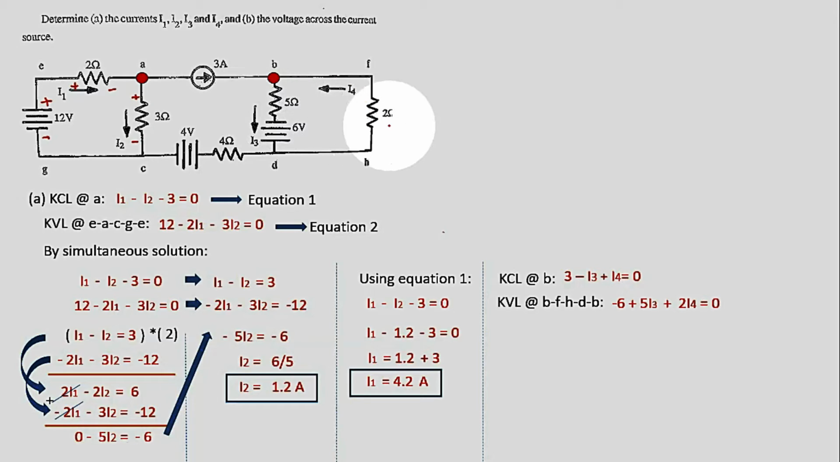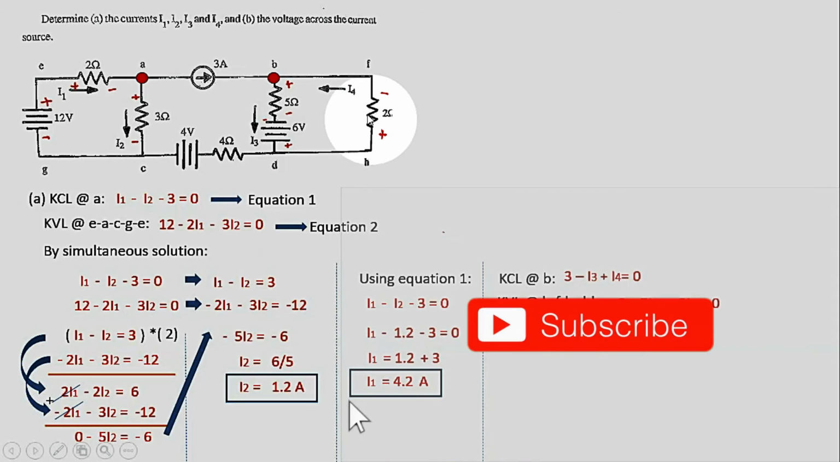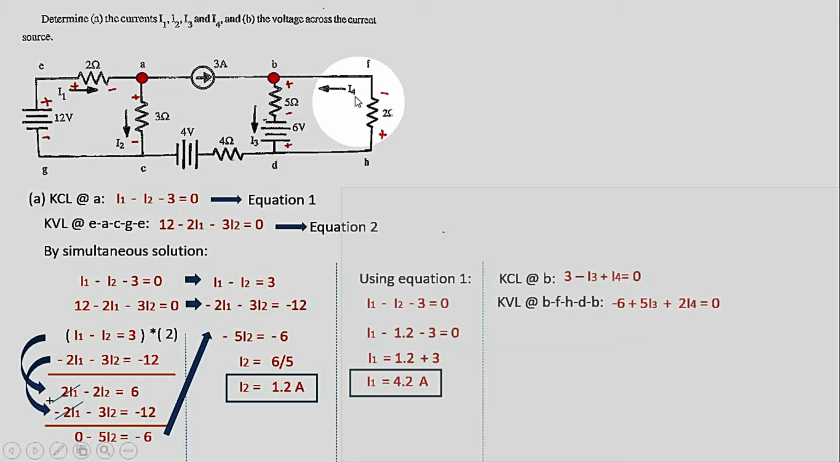I4 is passing through these 2 ohms. So this is a positive point. This one is positive, this one is negative. Again, I'll mark this positive, negative. Again, so this is negative and this is positive. Okay. So 2 times I sub 4, the voltage in this element, taking the loop B, F, H, D, B, is actually voltage rise. So that will be positive